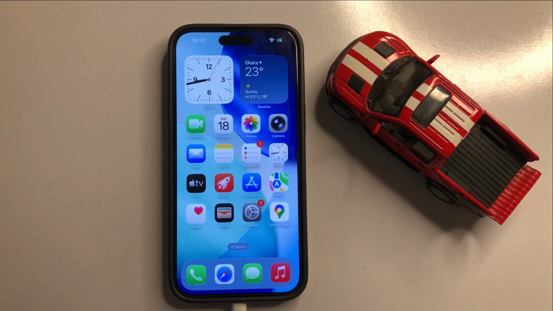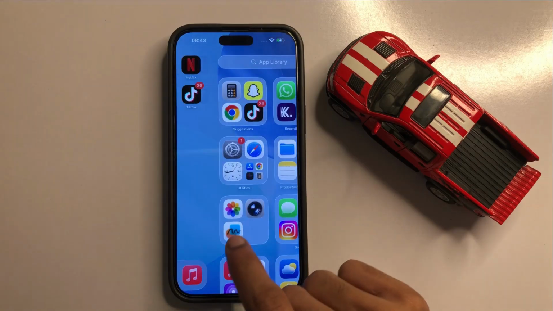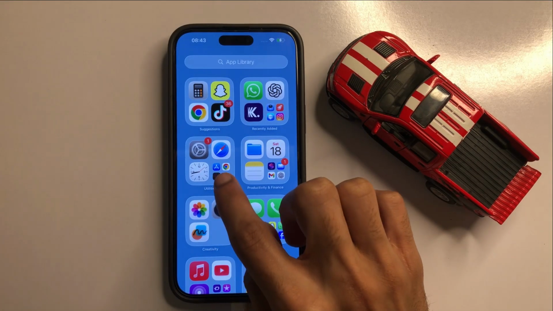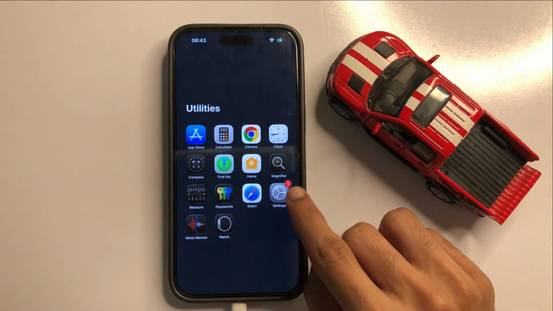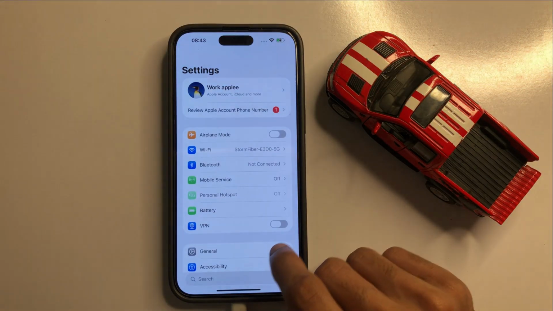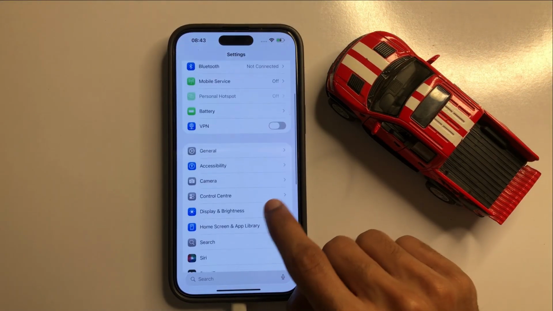First of all, go to App Library. Now here click on Utilities folder. Now here click on Settings app. Now in Settings,